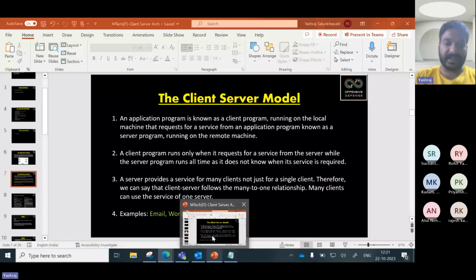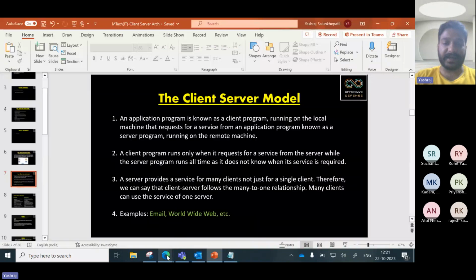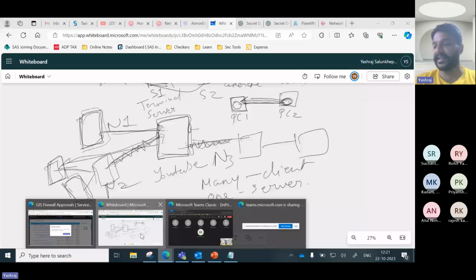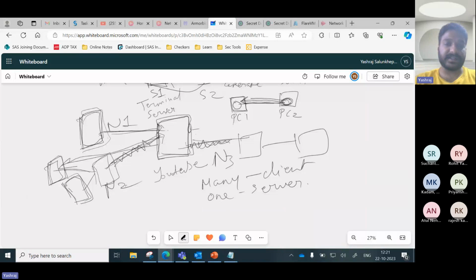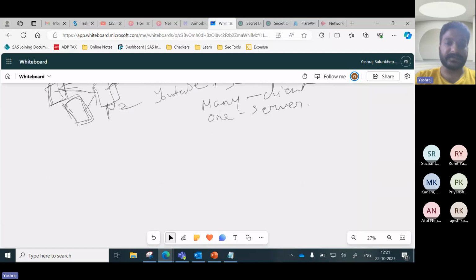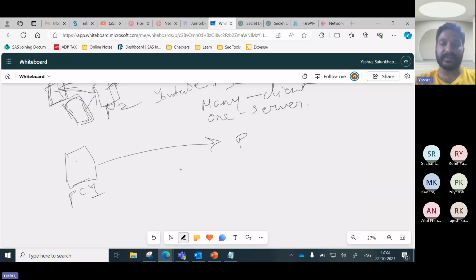So the examples are email, World Wide Web, etc. Like I said, the entire internet is based on this client server architecture. Again, email is the same thing. Say I am sitting here and I want to send an email to PC2. The server that is going to come in the middle is the email server,